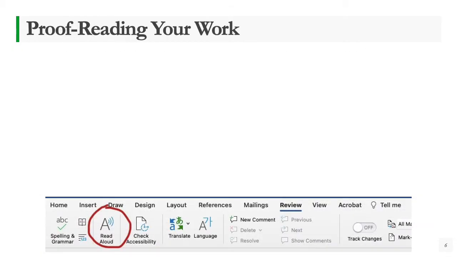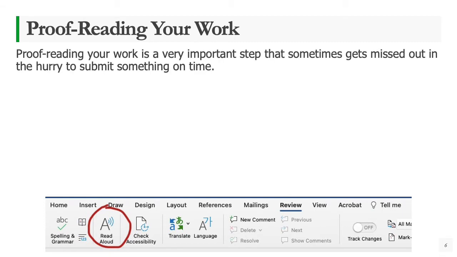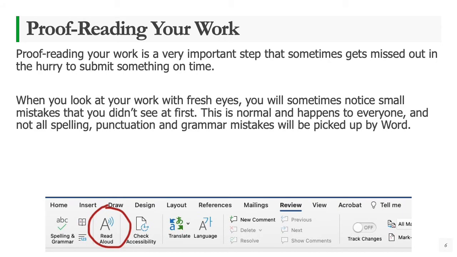Okay, next we're talking about proofreading our work. Proofreading your work is a very important step that sometimes gets missed out when we're in a hurry to submit something on time. When you look at your work with fresh eyes, you'll sometimes notice small mistakes that you didn't see at first. This is completely normal and it happens to everybody when they're doing a long piece